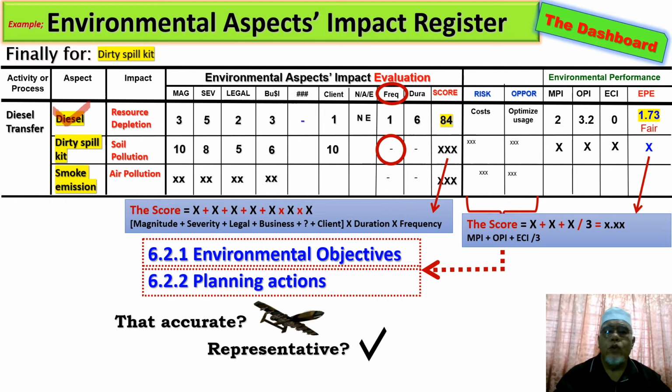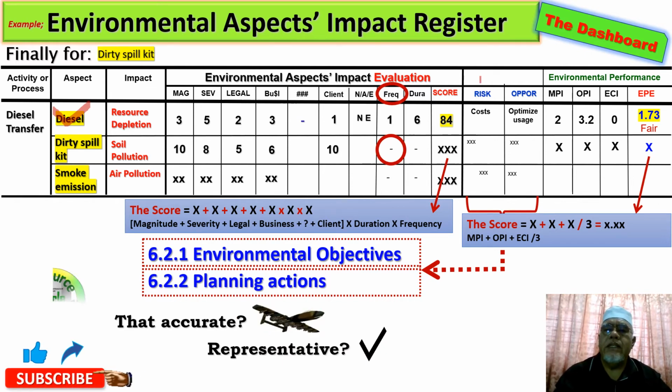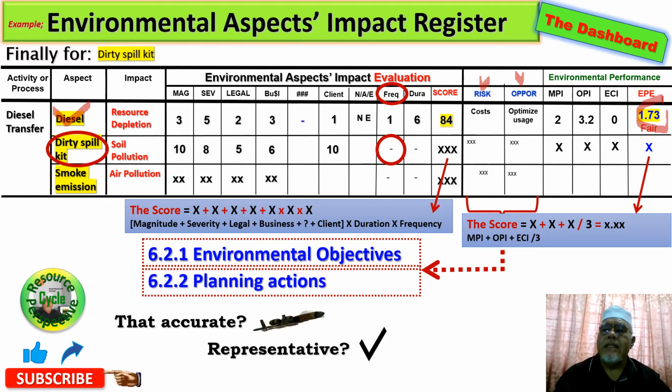Diesel has a score already, including risks and opportunities. What are the risks? What are the opportunities? And there is the environmental performance. There you are. This is the baseline. This is the reference environmental performance that we can pick up and improve from there. So we have got what you call a starting block, a reference of where to start. Okay, this is how we do it, and we have done it for dirty spill kit up to a client